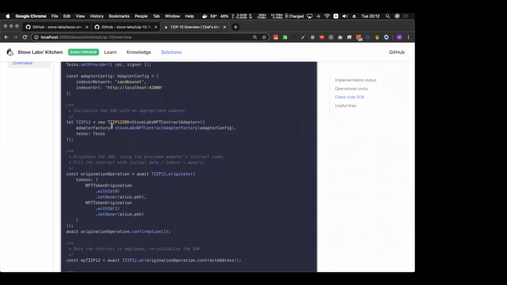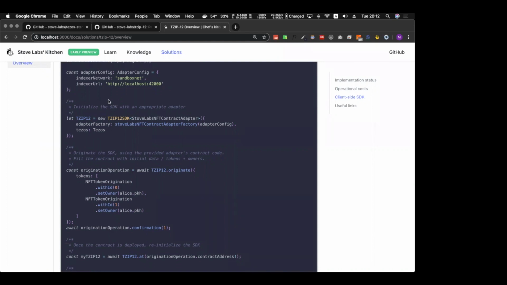And then for the SDK itself, the SDK architecture is done in a way that you can use the single SDK library with multiple different implementations of the TC12 standard. So this might sound a little contradictory, but in fact, the standard itself is standardizing only the entry points, or the functions that you can call on the smart contract, and it does not standardize the storage representation of the smart contract. This is an intentional decision on the side of